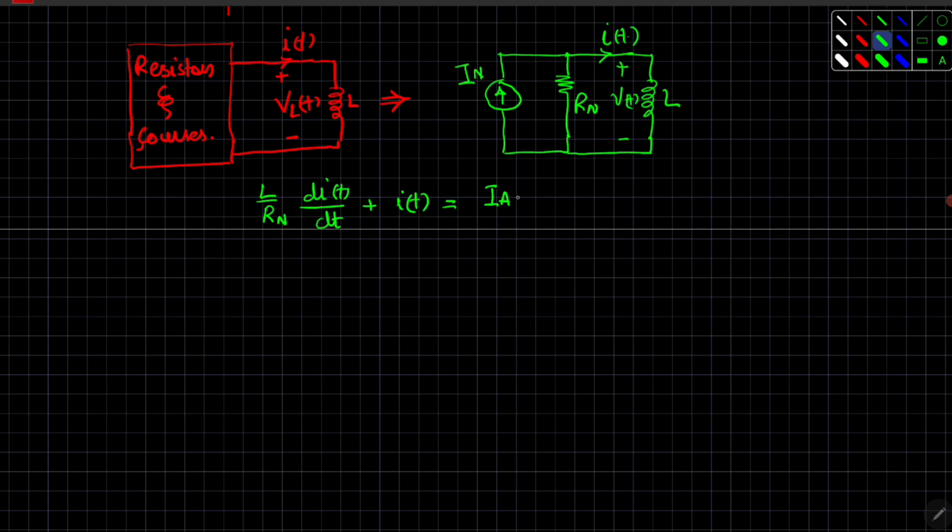Again, we don't need to write a step function here because we are writing for t greater than or equal to 0. For natural response, our IN will be equal to k e raised to power minus t over tau, and the tau here is equal to L over R in seconds. And again, for time greater than or equal to 0. Now for forced response,